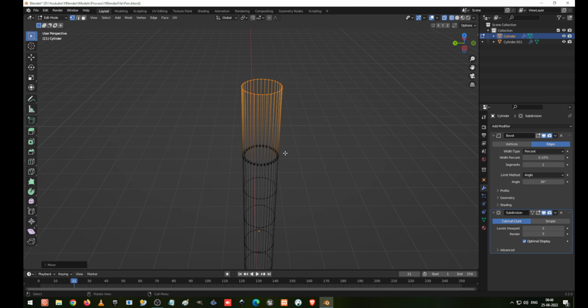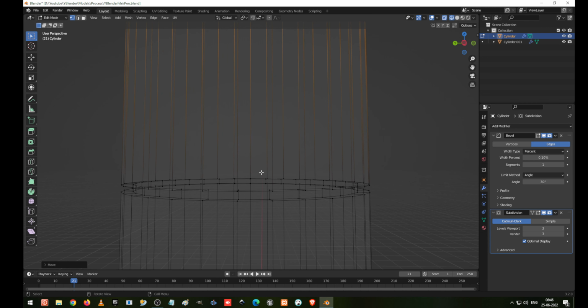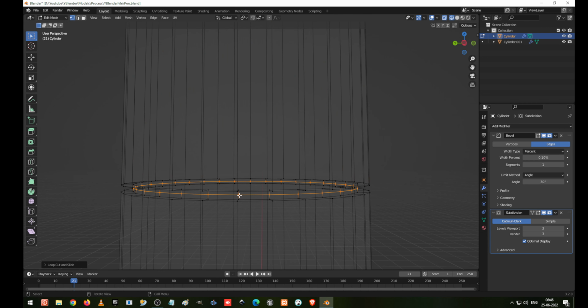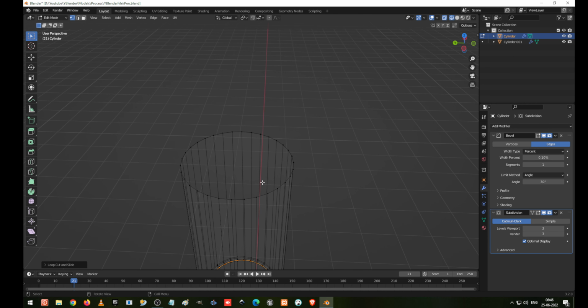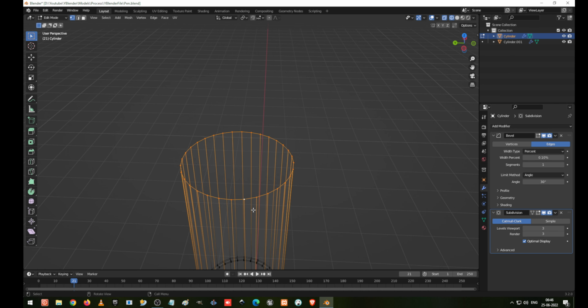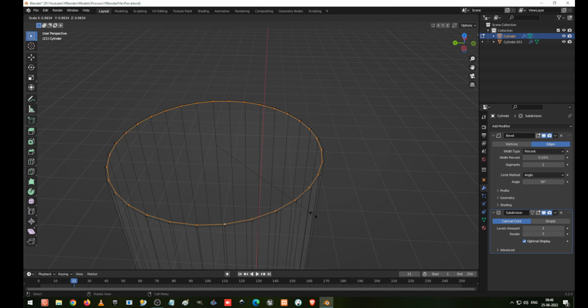G Z. Okay, I'm going to give the cap thing in this angle, and I'm going to create one loop cut here in between. So now I'm going to select all the vertices using the Alt key, and after selecting I'm going to press E and extrude and scale down,